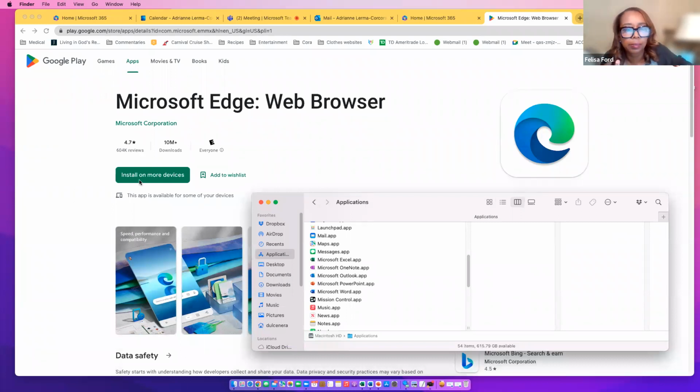Make sure she gets the full Mac version, because when she goes to Microsoft, I think it's www.microsoft-edge. Okay, so she got it from the Google Play, so she needs to get it from Microsoft. Just go to Microsoft.com. Just Google Microsoft Edge, download Microsoft Edge. It's gonna take her to the website, and it's gonna ask her does she want to download the Mac version for an Intel